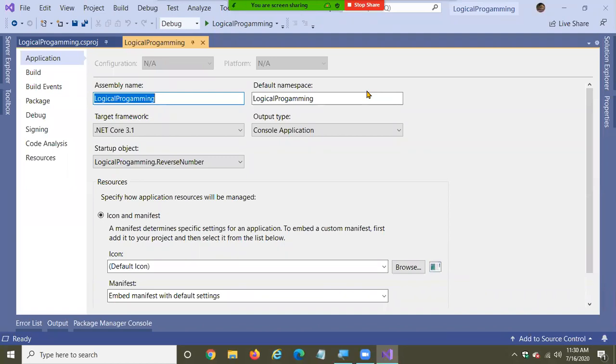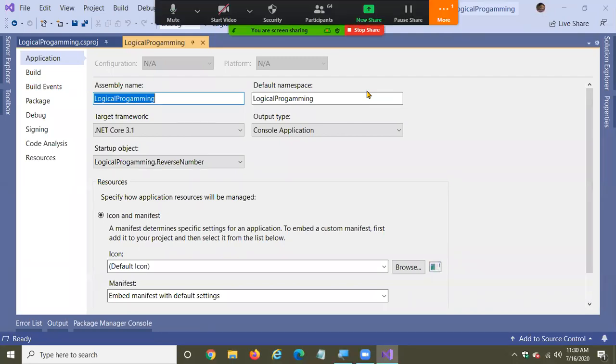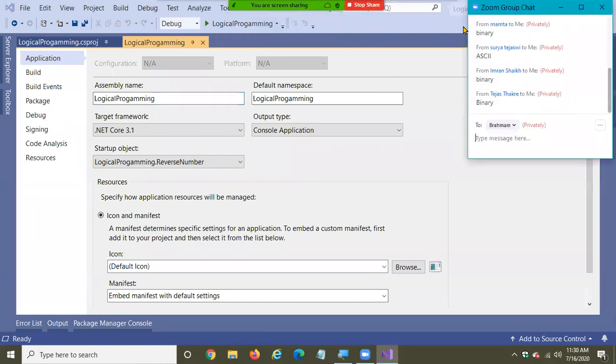If I enter a number, you know that the computer will store the values internally in which format? Suppose you enter A, the value is stored in ASCII is the wrong answer. Binary, yes, binary format.